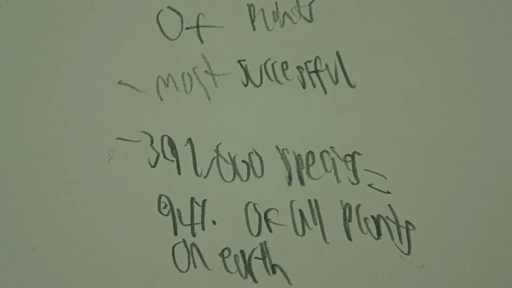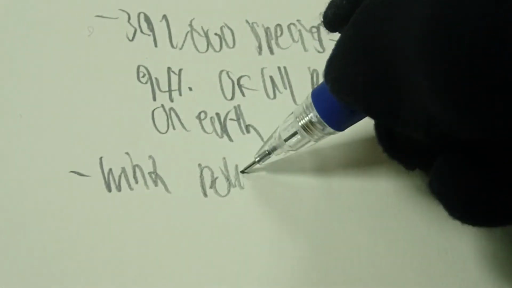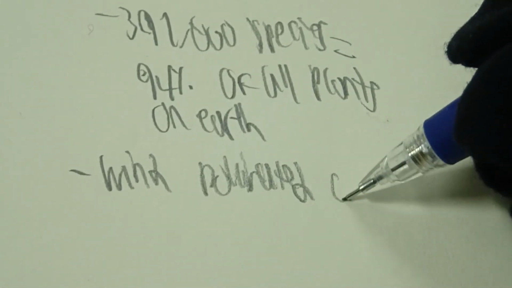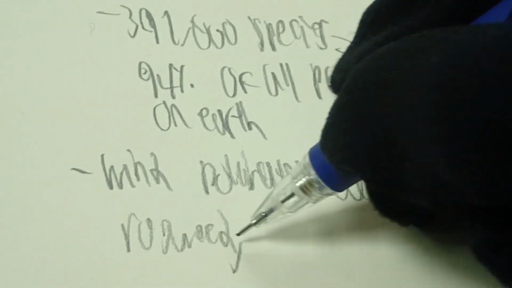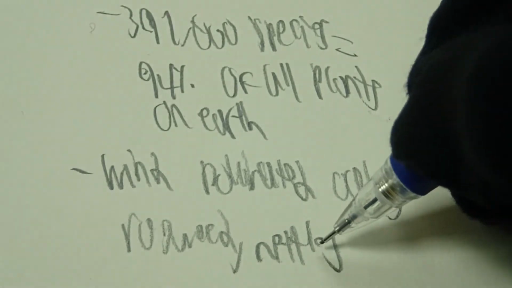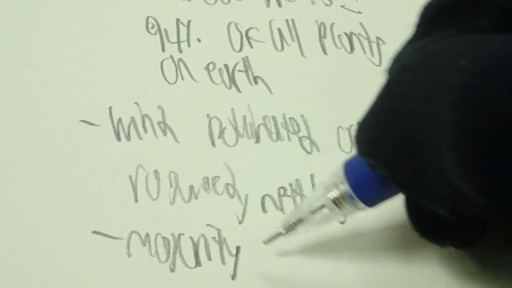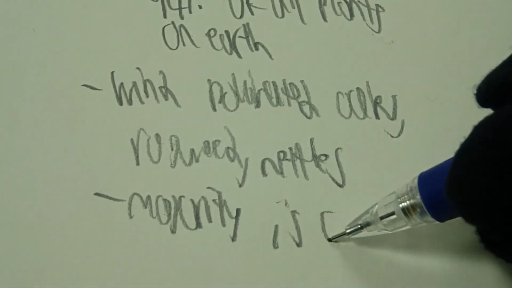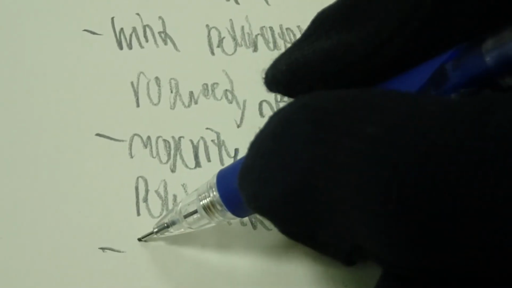There are some wind-pollinated flowering plants like oaks, ragweed, nettles, and so on, but the majority is animal pollinated. This is also where true fruits appear,